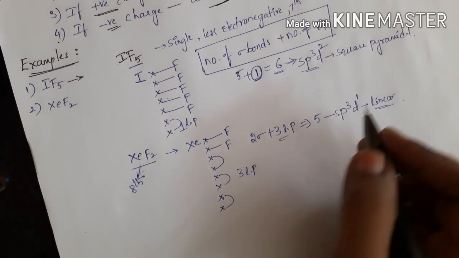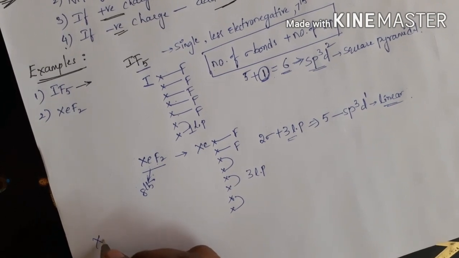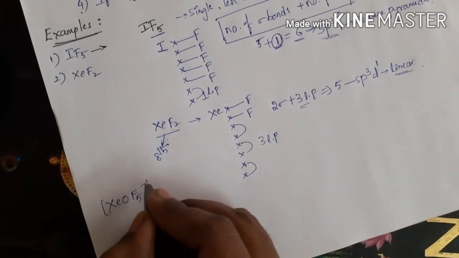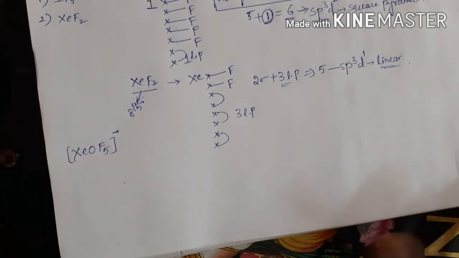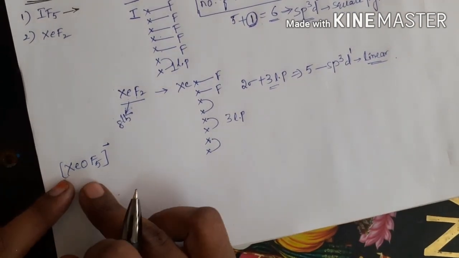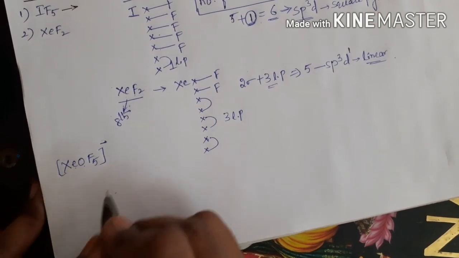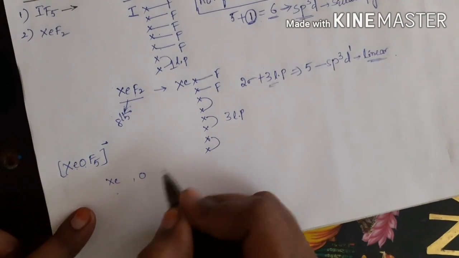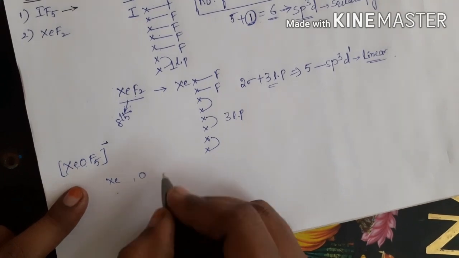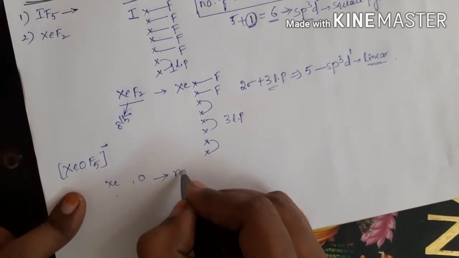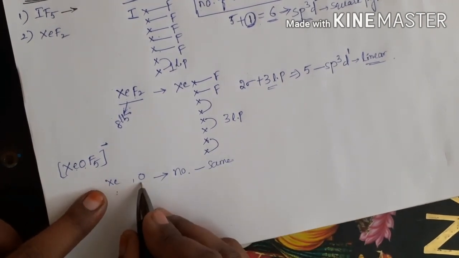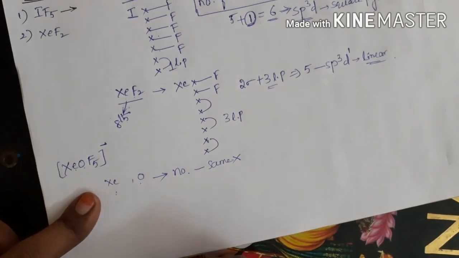Okay. Next, XeOF5. We'll take one more example, that is XeOF5 with a negative charge here. Here xenon is there, oxygen is there. Both are 1 in number. Which one is the central atom? How can we choose the central atom between xenon and oxygen? First see the number. They contain the same numbers. Oxygen is one in number, xenon is also one in number. So this rule is not applicable.